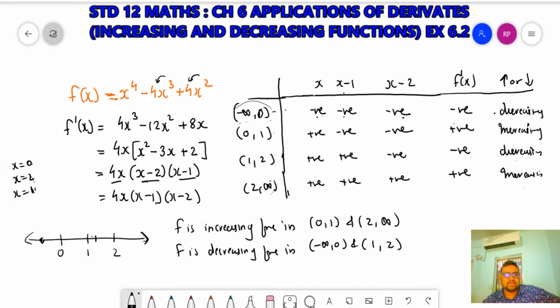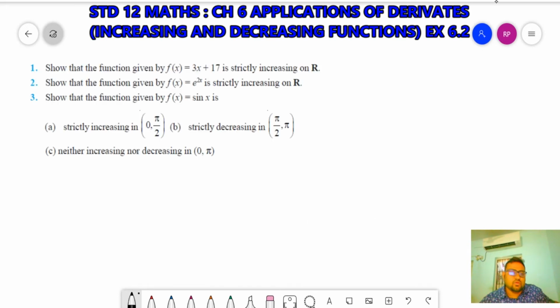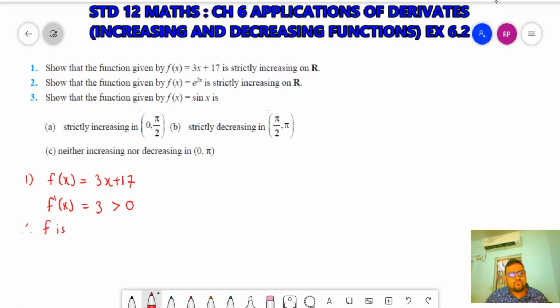Now let's start with exercise 6.2. Question 1. Show that the function given by f(x) equal to 3x plus 17 is strictly increasing on R. f(x) is equal to 3x plus 17. So let's differentiate it. f dash x will be equal to 3 plus 0. Now 3 is always greater than 0. Therefore, f is strictly increasing